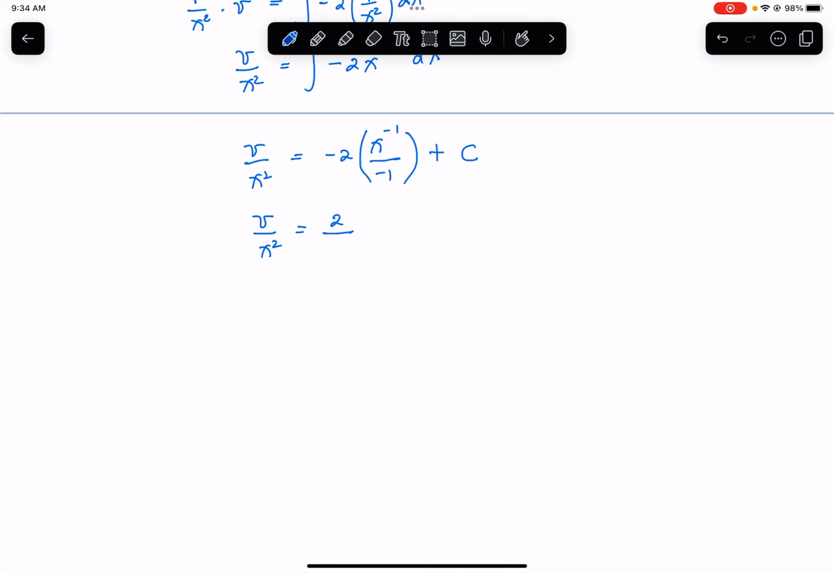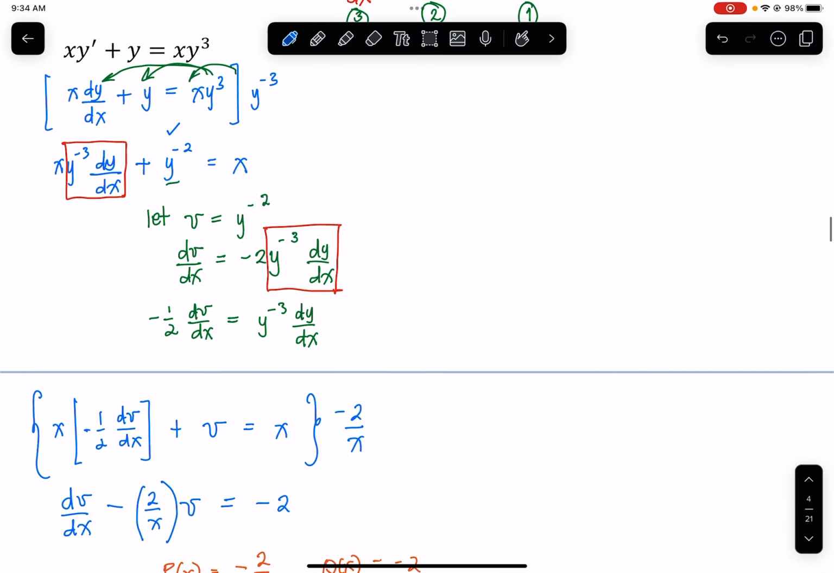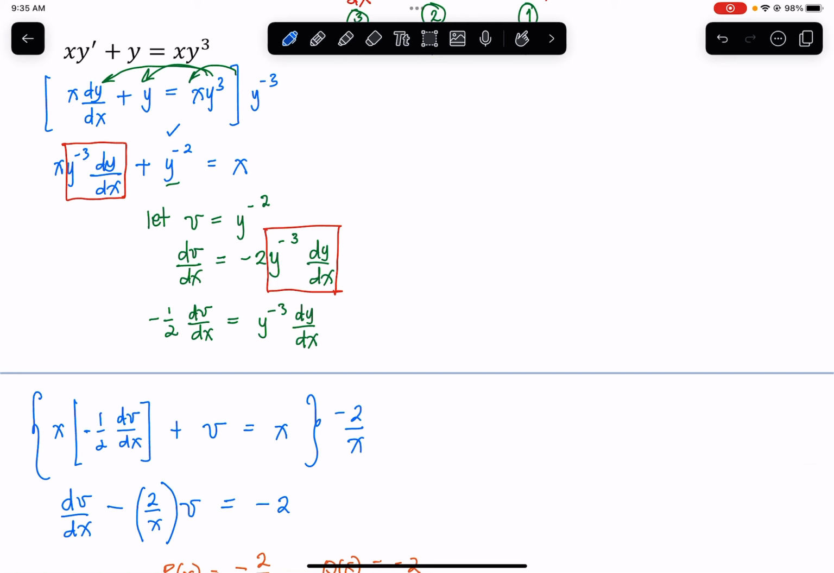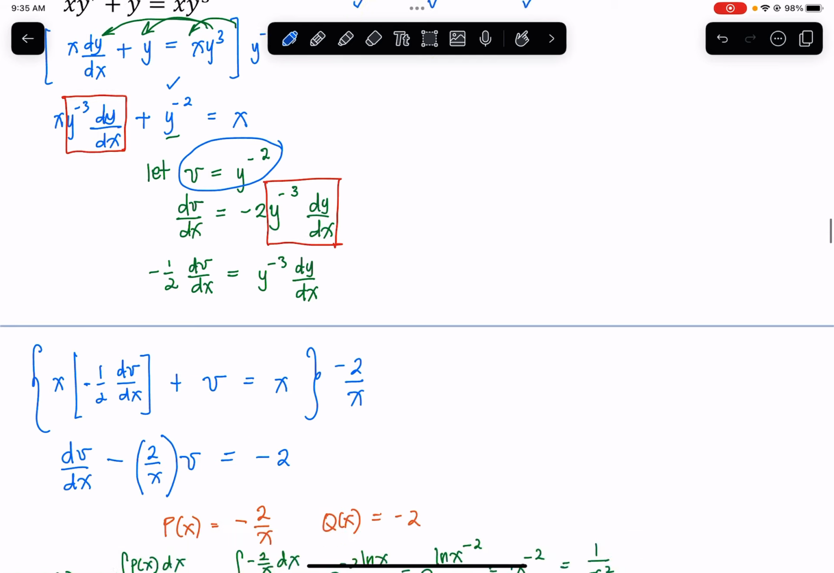And then divide it with, okay, so we move down x raised to negative 1 and then plus c. So this would be the general equation if it is linear in v. But then, we made some assumption about v, so remember that we made this assumption that v is equal to y raised to negative 2. So since v is equal to y raised to negative 2, therefore,